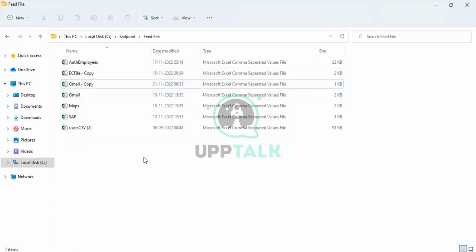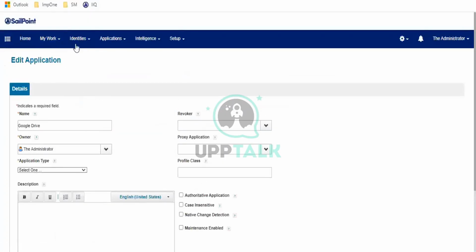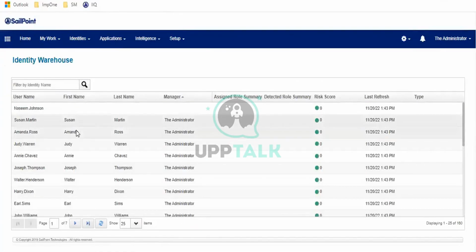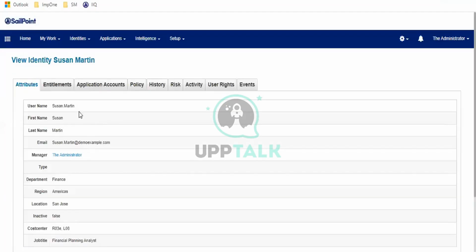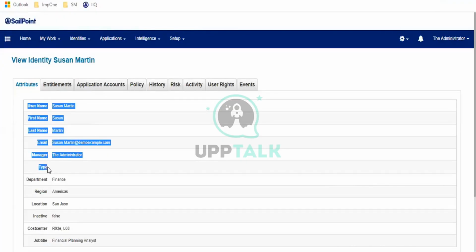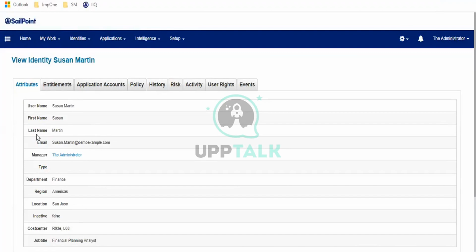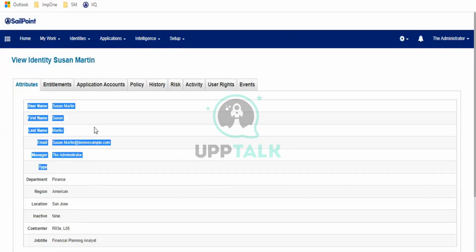These are the attributes. Let me clear. I have opened one identity. Whatever you are going to see here, email, manager, type, these are going to be called attributes.